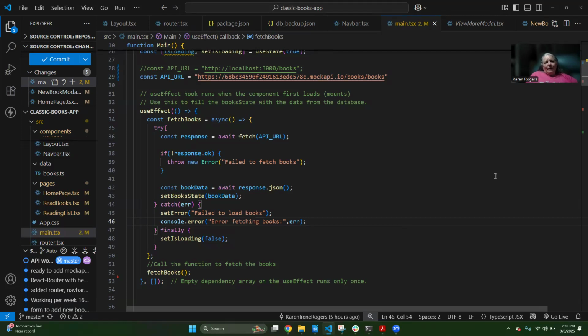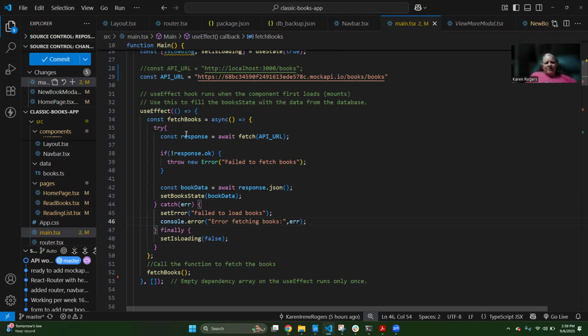We have almost everything contained in the main.tsx file. Because all three of my pages show the same data, that means that my data manipulation and my pieces of state all need to be up above those 3 pages, which puts them in the main. And so here in the main, we have various functions,